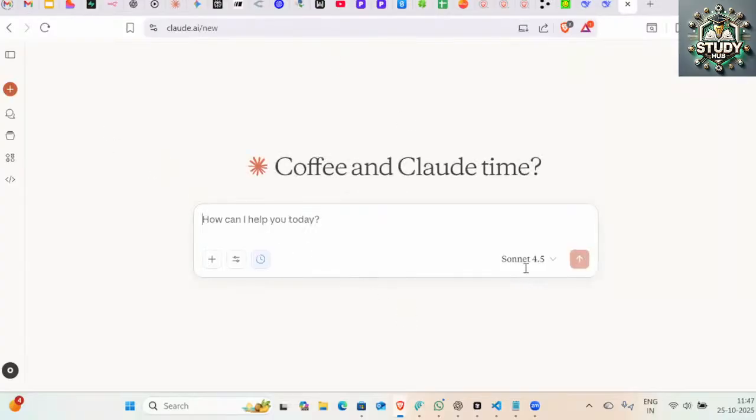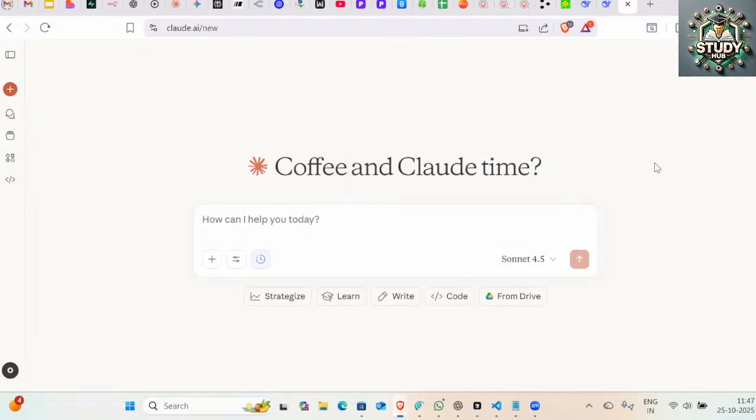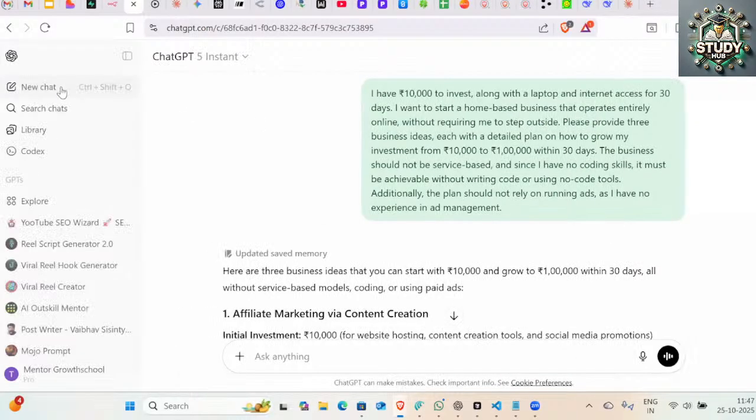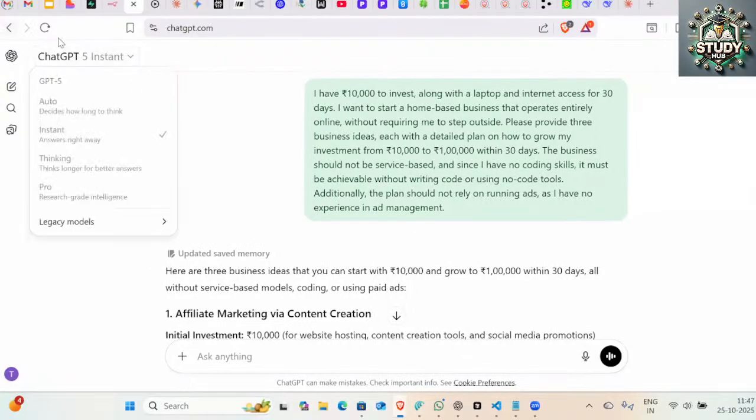So now, to give you clarity on when to use a reasoning model: whenever you have a task where thinking is required, right? Where you want the model to think through all the possible directions and then give you the output, you should go with the thinking state, right? Similarly, if I go to ChatGPT also, right? ChatGPT also now provides three modes, right? Now they don't have any other model.